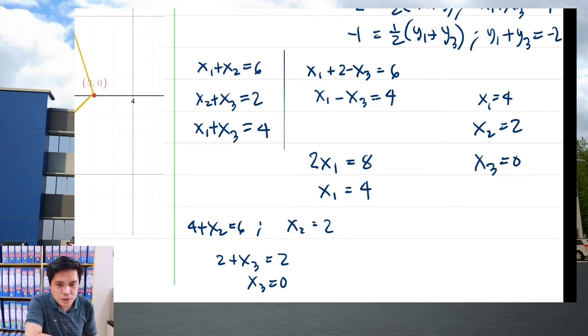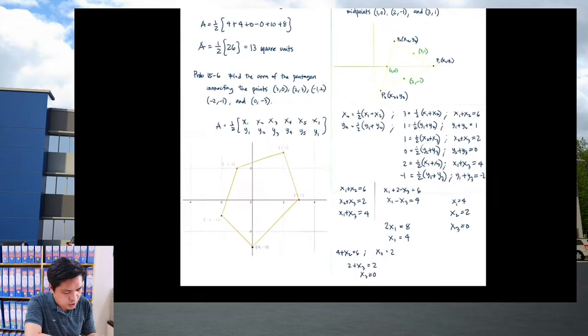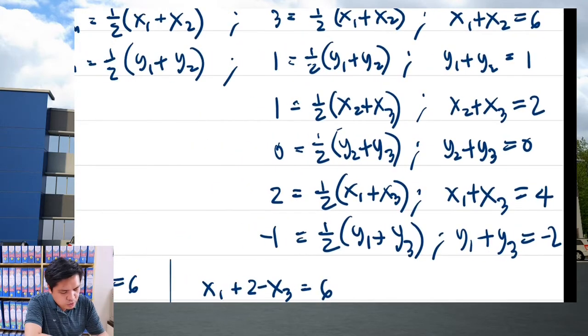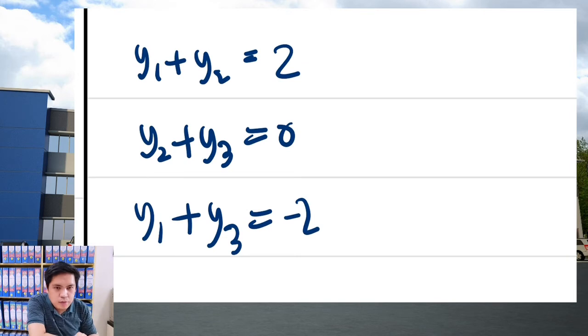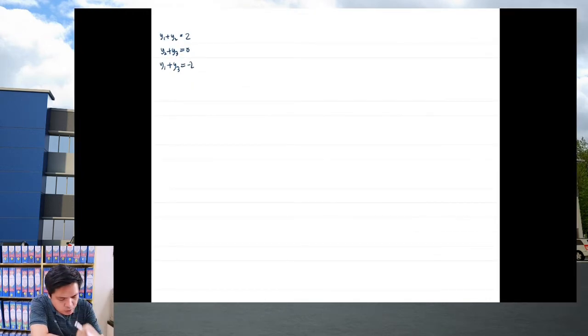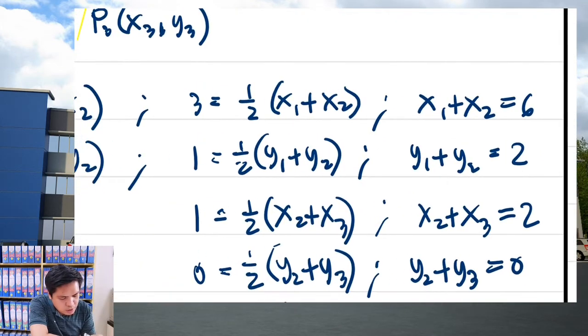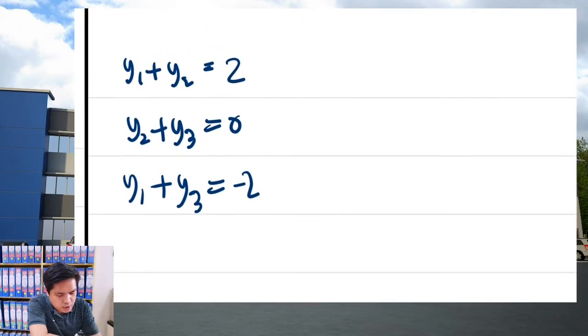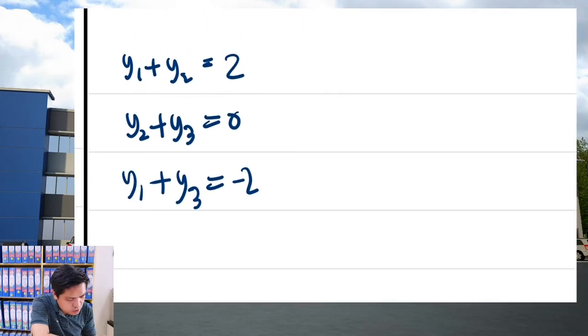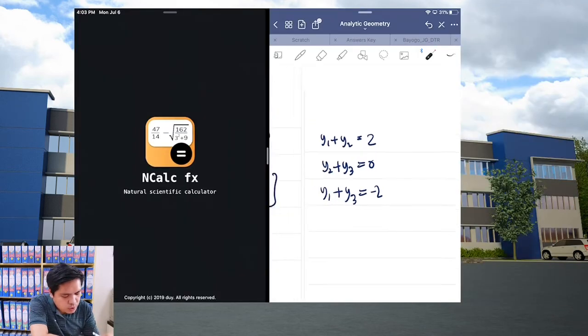So this time we'll be solving for the values of y. So what I will do is I'll copy itong equation with y. Okay, so I corrected the value of the first equation, y1 plus y2. That should be equal to 2. Kasi ito. Sorry. Nagkamali pala dito. I'm so sorry. So, if we just use our calculator to solve for y1 to y3,